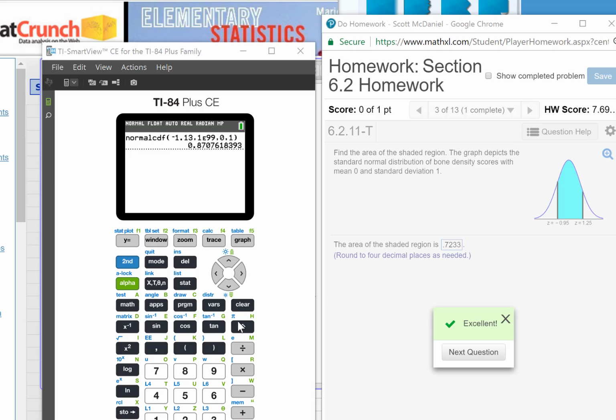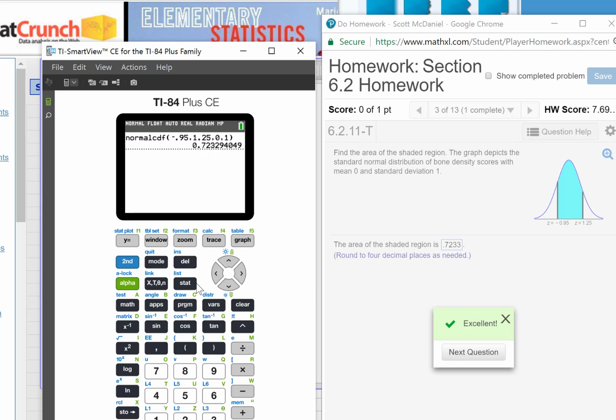Okay, so on the calculator, it's really no different than the last one we did. So we're going to go to second distribution, number 2. And we're going from negative 0.95, lower bound. The upper bound is not infinity this time. It is 1.25. And everything else stays the same. If you don't have that wizard, you're just going to type it in this way. Negative 0.95, the left bound, comma, the upper bound, or the right bound, 1.25, and then the mean and standard deviation. And you will get exactly the same thing,